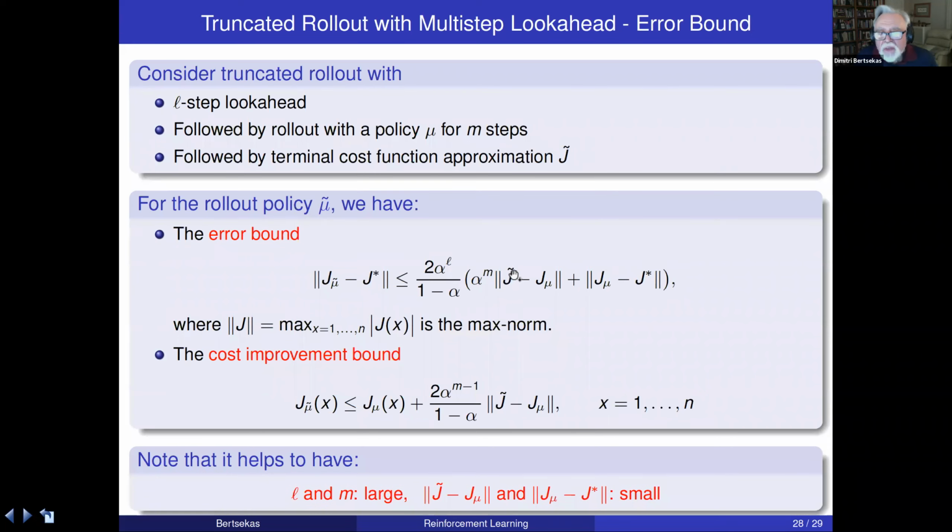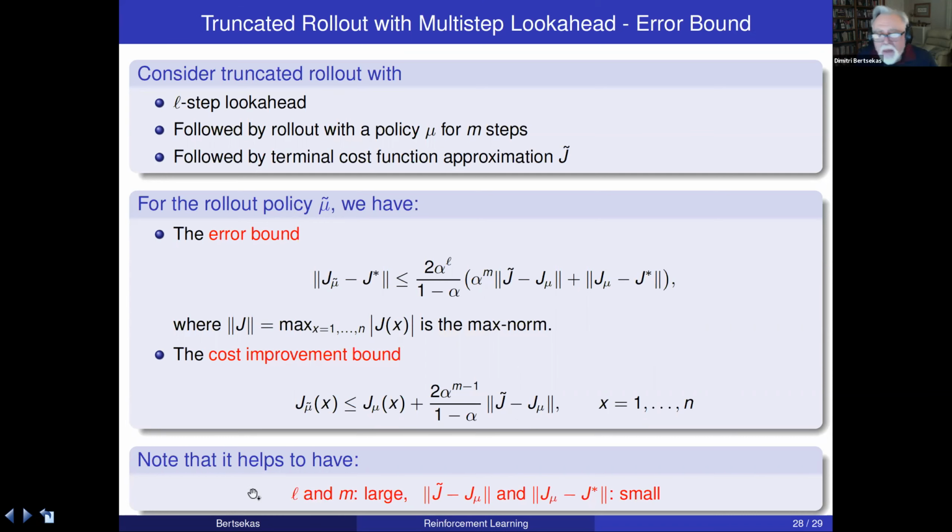So again, these bounds are not very useful in practice, because how can you calculate this term? Surely you can't calculate this term because you need to know J star. You can't bound it, you can't calculate it. Similarly, you can't calculate these terms here. So these are not quantitative bounds, but they are qualitative bounds in the sense that they tell you what